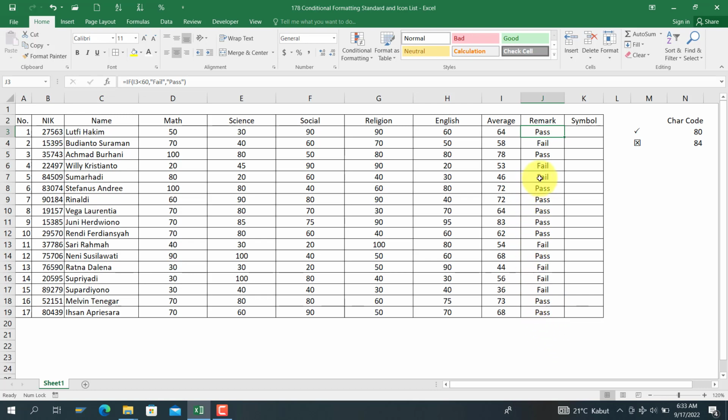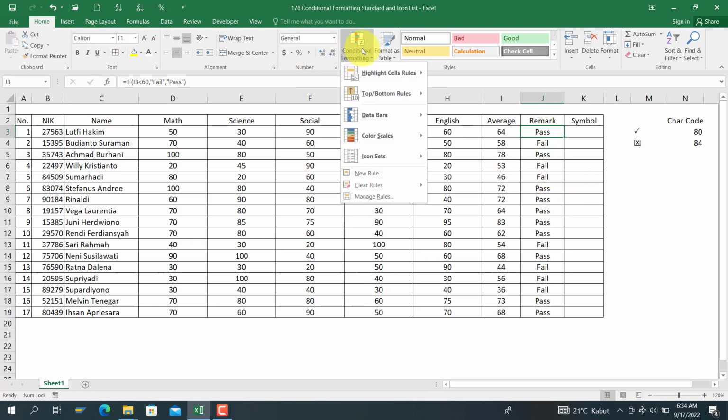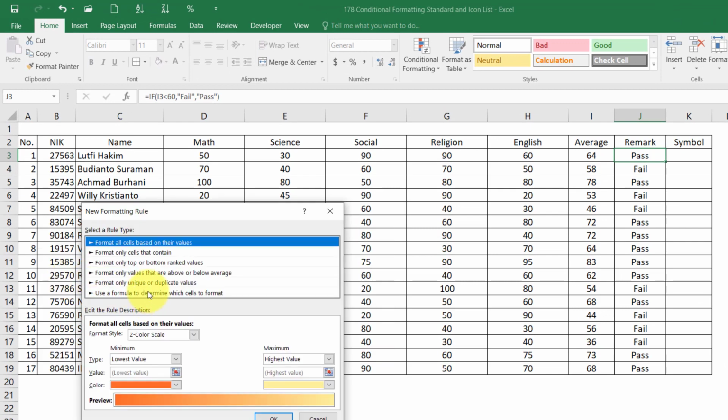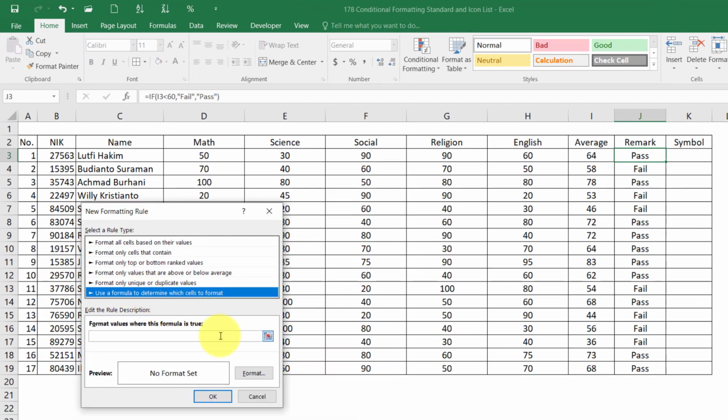If they fail the exam, it will be highlighted by red and bold red. And if they pass the exam, it will be remarked by green and dark green. So first I use the Home tab on cell G3. I use the conditional formatting and click here, and then click manage rules in here, and then choose the new rule in here and use the formula to determine which cells to format,